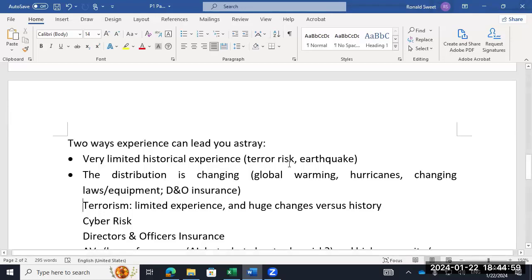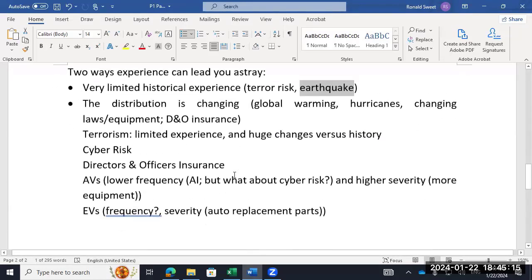Do y'all know that on earthquakes? The different Richter scales, that there's a massive difference between a 5 and an 8 or a 9. It's not linear, it's massive. And so that's the kind of things he's talking about, very, very, very low frequency, but the severity can be massive. All right.